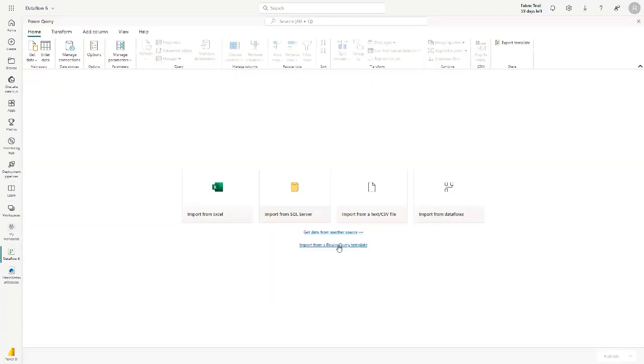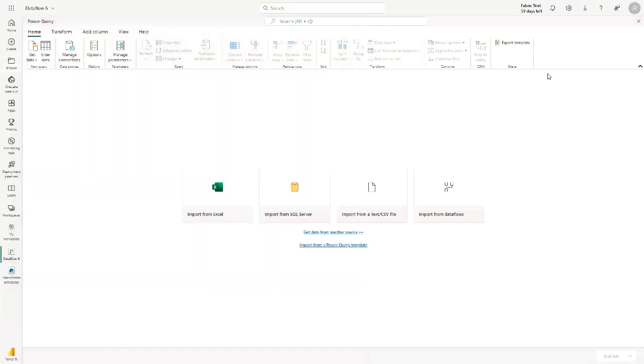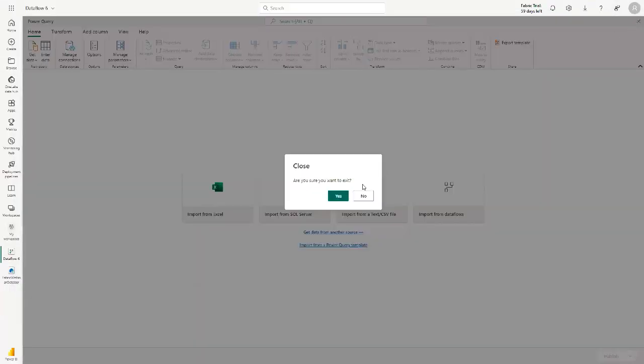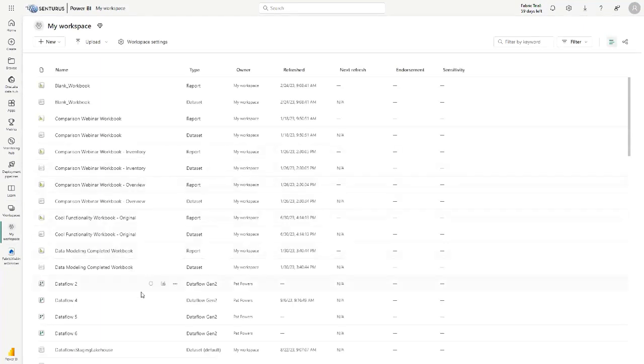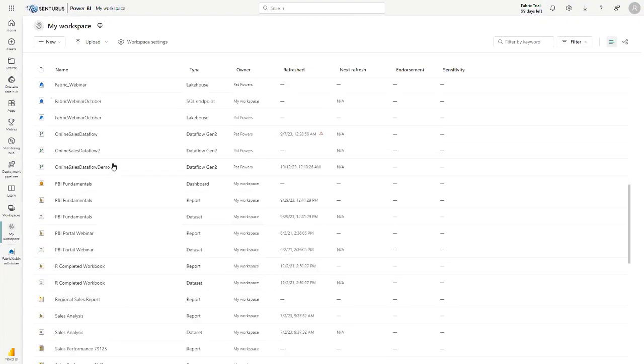Now, I have a Power Query template that I used, okay? And that created mine. I'm going to go into it. Sales lake house.